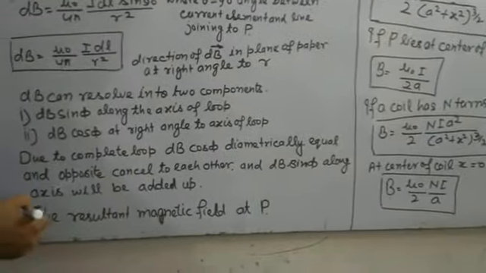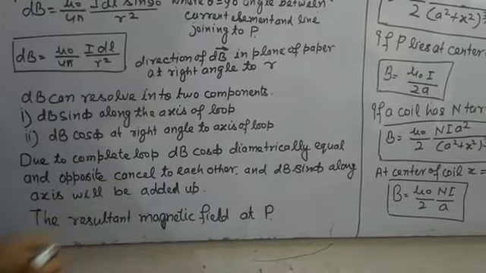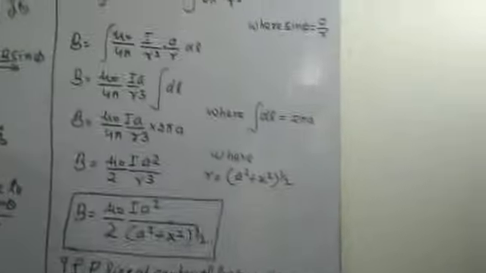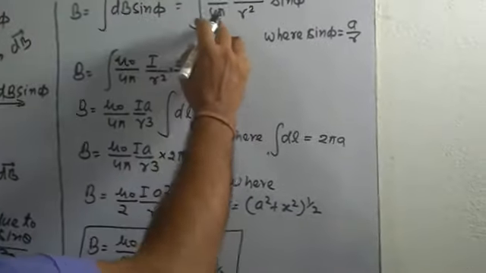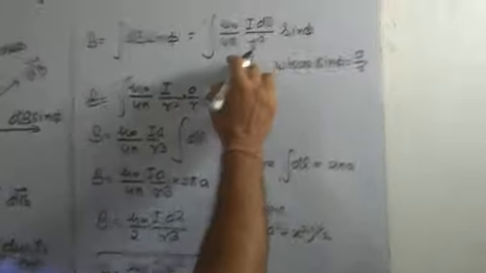Therefore, the resultant magnetic field at P is the line integral of dB sin phi,